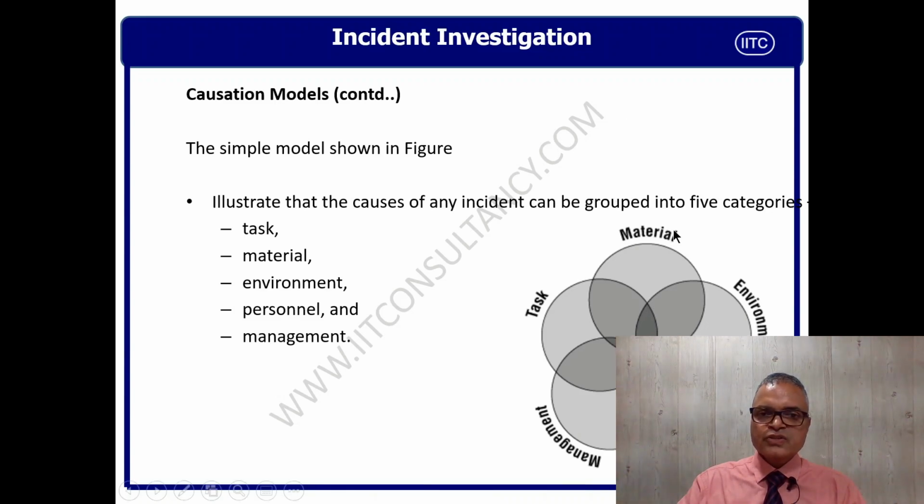There is a contribution of the causes from the material side. There may be causes from the environment side. There may be causes from the personal side, maybe the management side or task side. So we will see everything one by one, from task, from material, from environment, from personal and from management perspective,